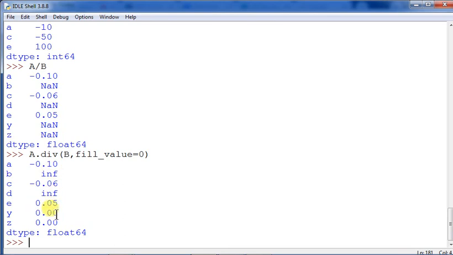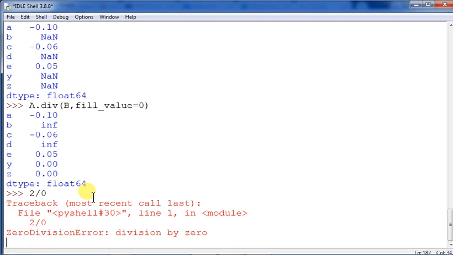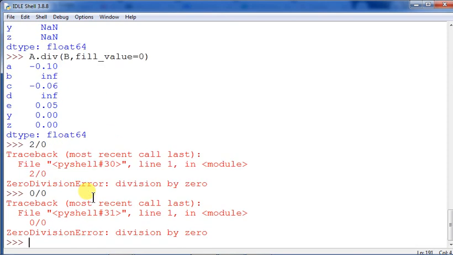So here it is 0.0 and Z also having 0.0, because 0 divided by 0 is possible, so no INF has come, but a value divided by 0 will always give you INF. Suppose I am writing 2 divided by 0, it will show you the traceback error, the zero division error. And if I am writing 0 divided by 0, what will come? There also these things come. But here what is happening? Anything divided by 0 also will give you the 0 out here. But in this case, what is happening? YZ, there is nothing.